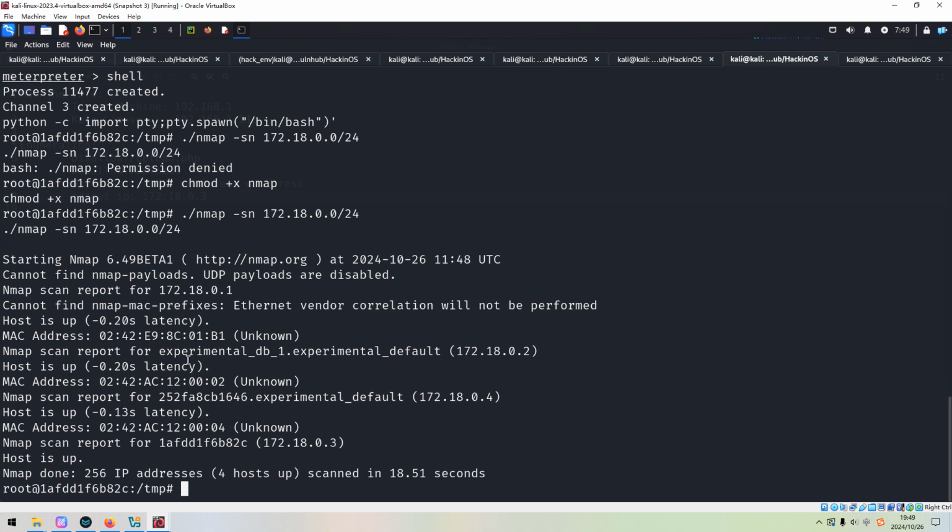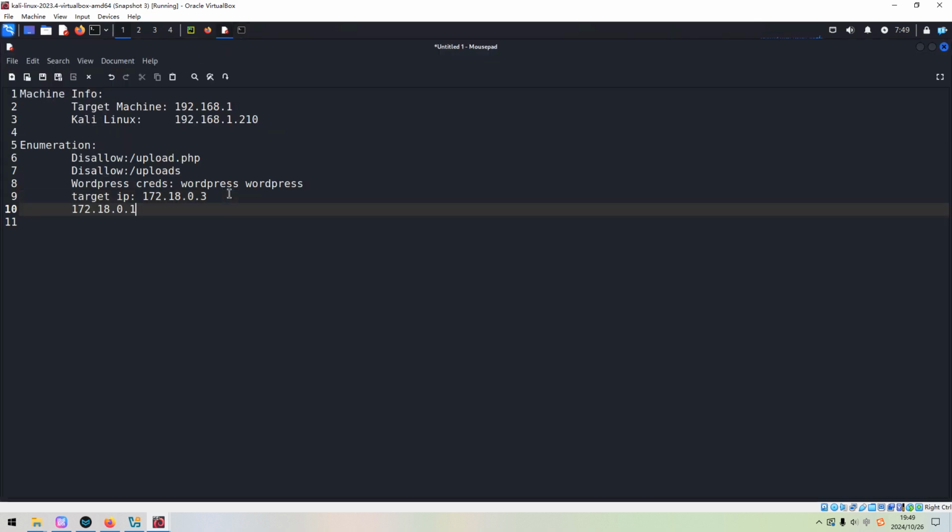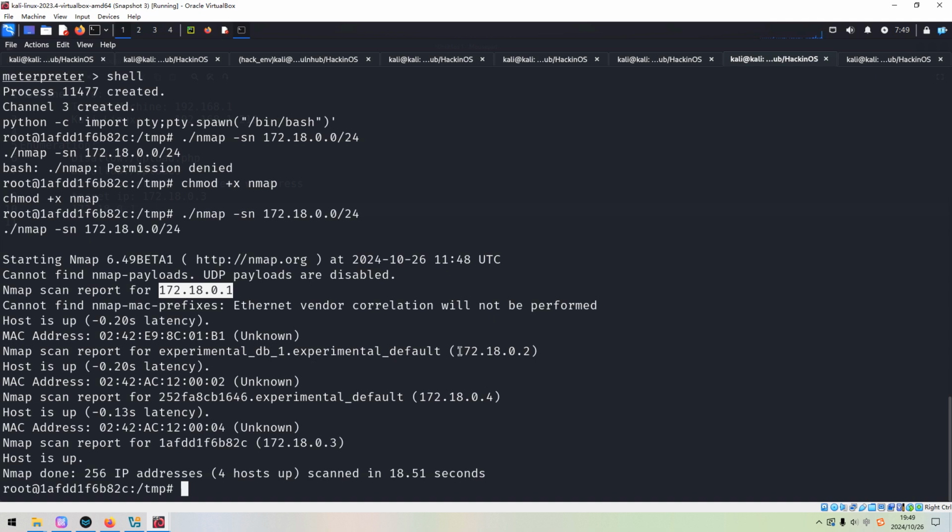Okay, so nmap has already helped us to discover the host. We can copy its IP address, and also this one,